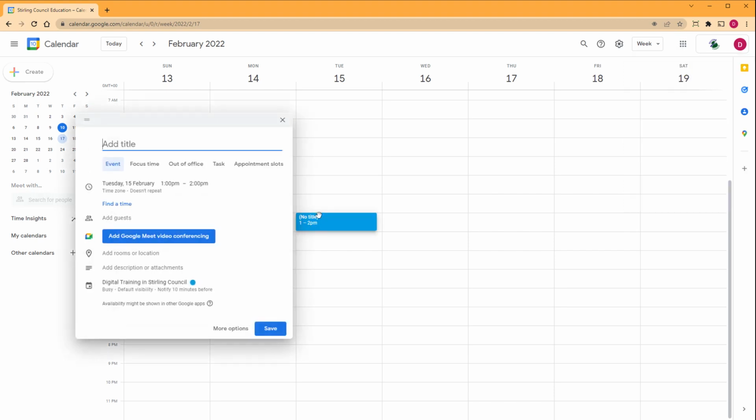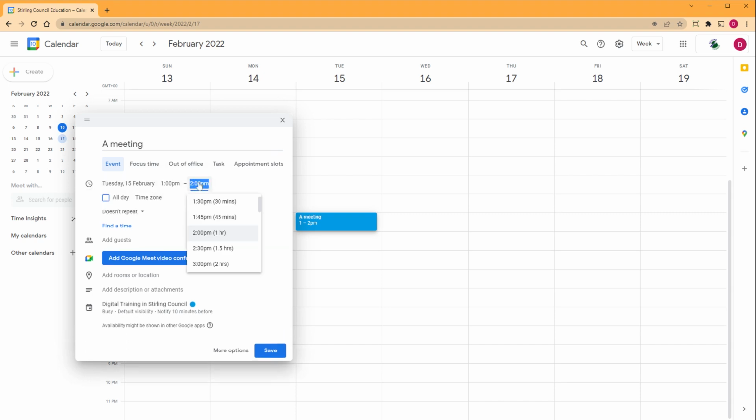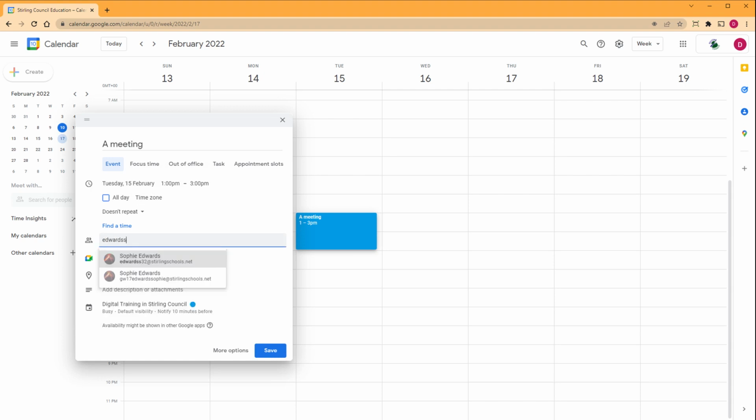So for instance, if I click on this slot here in my calendar, I bring up a small box that allows me to add a title to the meeting, if the time is correct, and extend it if necessary. I can add guests at this stage. Just going to add in an email address,